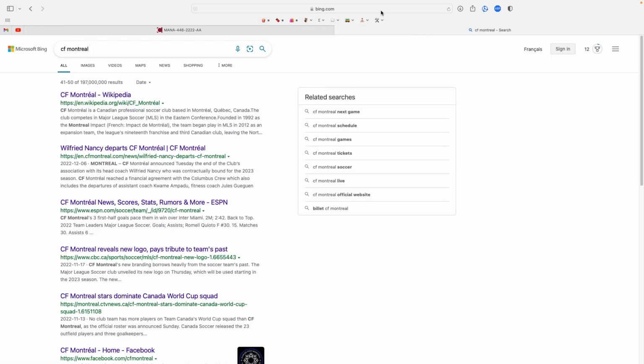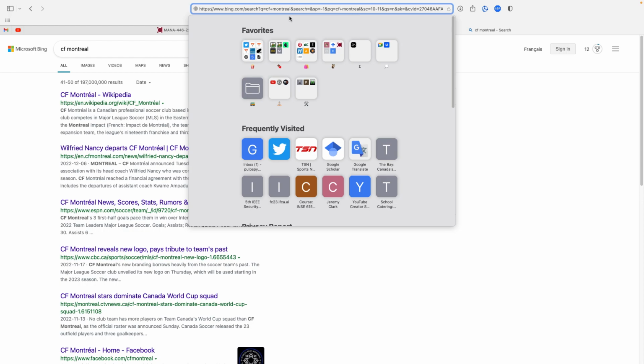But anyways, in Bing.com, you can see they put a whole bunch of stuff in the URL. There's this one thing that I'm guessing is what we're about to talk about. I can't be 100% sure, but based on the name of it, it's called CVID, and it's a bunch of hex characters.